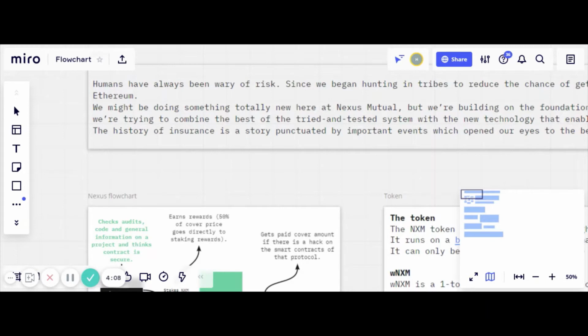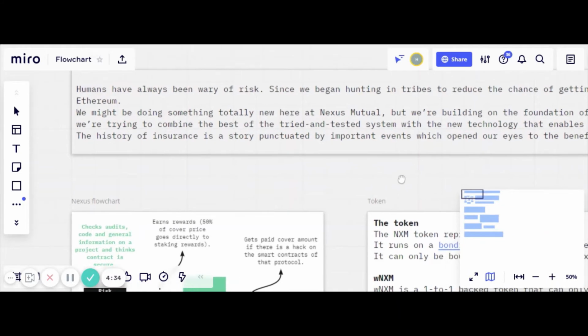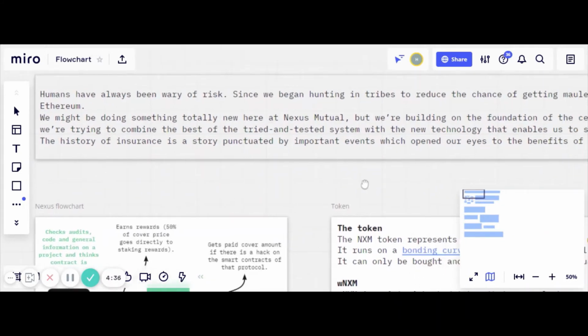I'll start with the intro for beginner stuff. What we're really trying to do here is share risk as a community, and what we've done with Nexus is create a system that allows us to do something that humans have been doing for a very long time. We're building a foundation of a new technology to bring us all together and be able to share risk together in a new way, using technology to make it a whole lot more